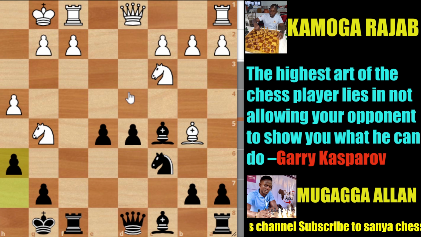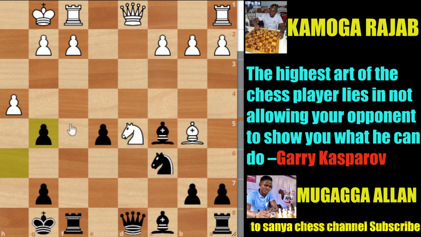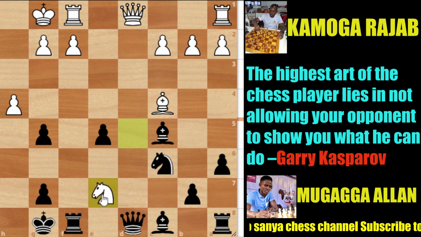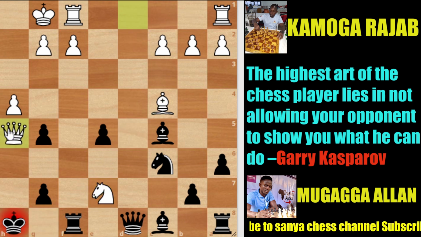Rajab tried to gambit the piece and he played knight takes d5. Now, in his mind, he was planning for Mugagga to fall into his trap. And Mugagga played h takes d5. Then he can go ahead and play bishop c4. Black plays any other move, maybe like c6. This is lost for black because now moves like knight e7, double check from the bishop and the knight. Black plays king goes to h8, then queen comes to h5, can be checkmate.